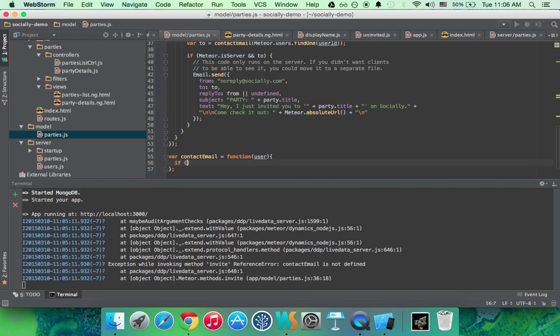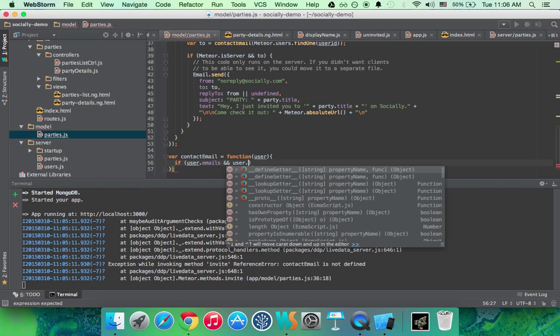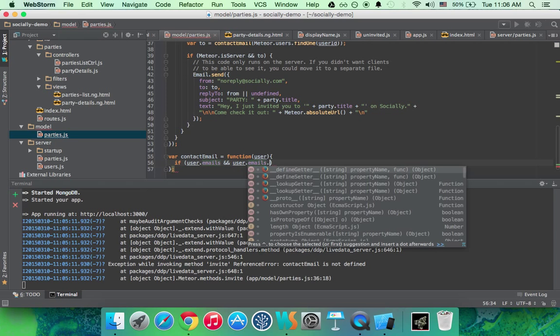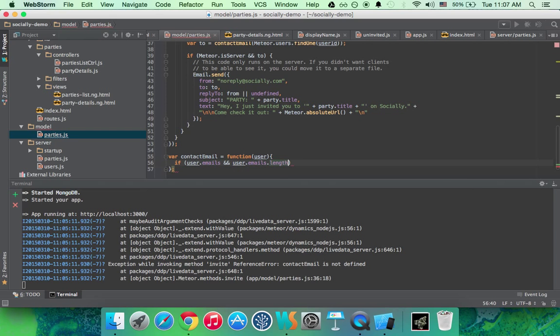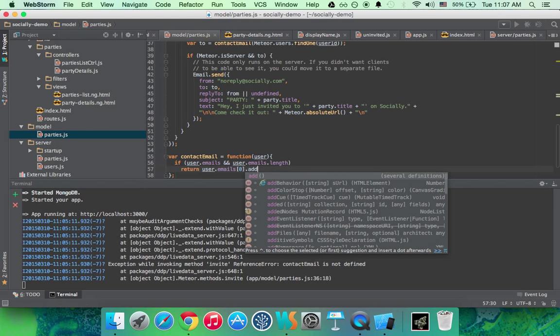So, we're gonna check if user emails exist, and if user emails length exist. And then we're gonna return the user's first email address. So emails 0 address,